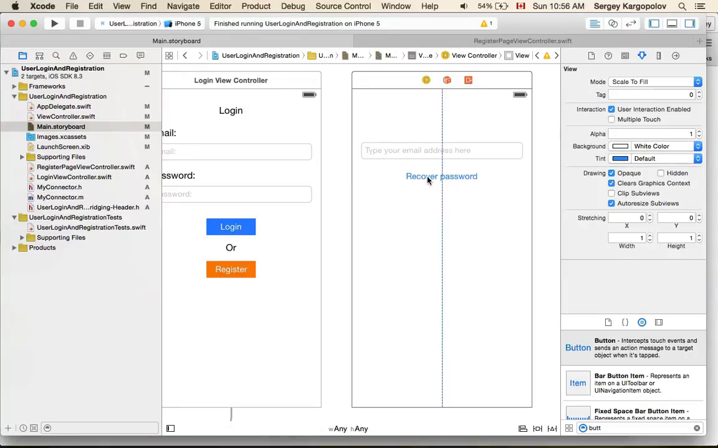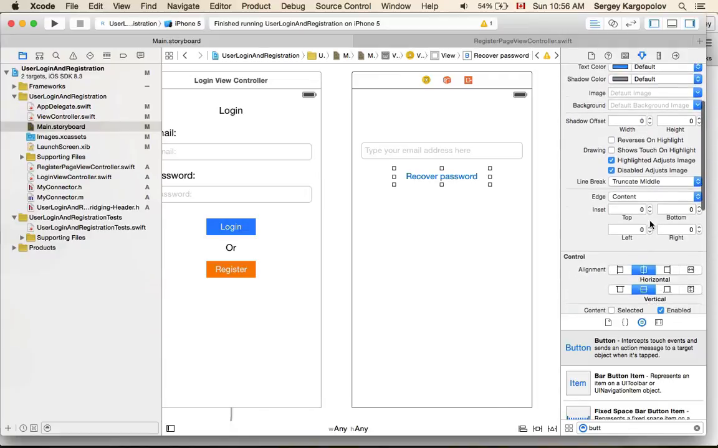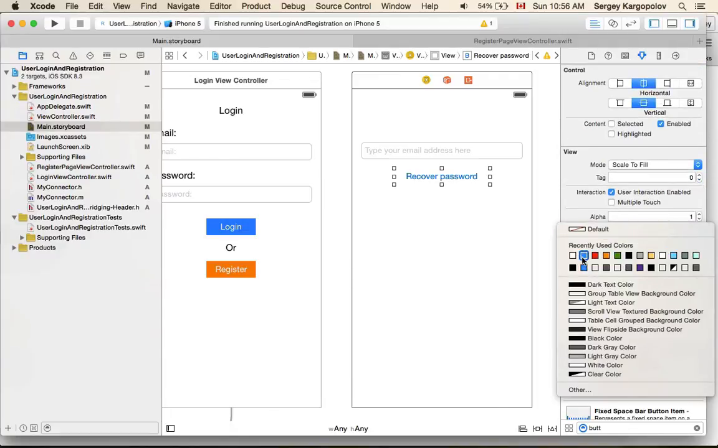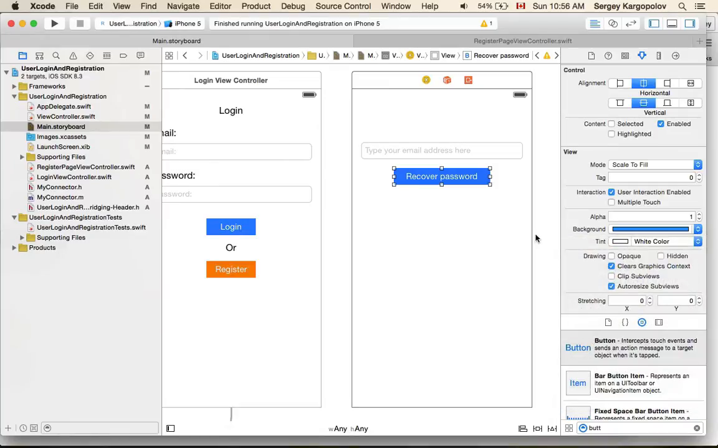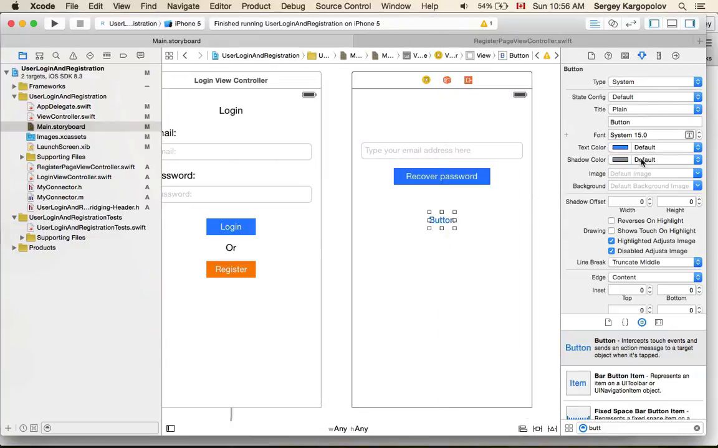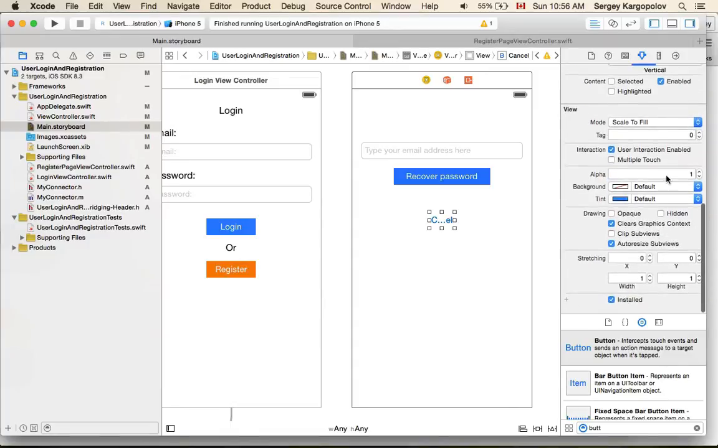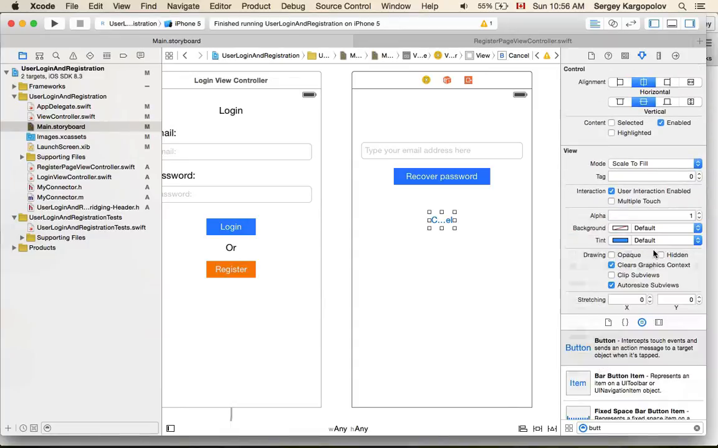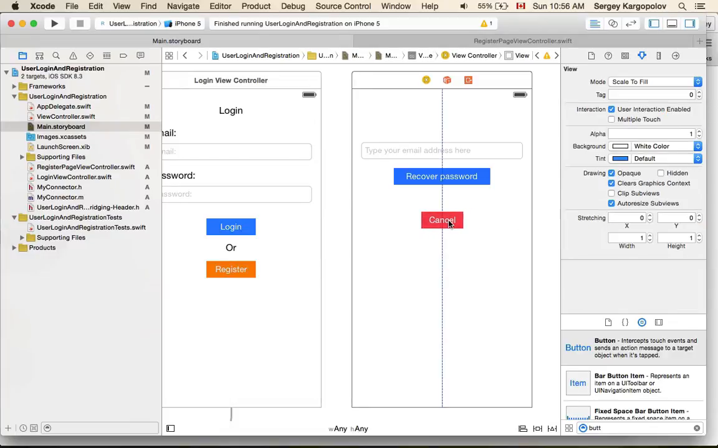Recover password, and I'll change its background color to something blue and the theme color to white. Okay, and I will need one more button to dismiss this view controller, something like a cancel button. And I will also make it look different with something like this: red for background color and white for theme color. Okay,